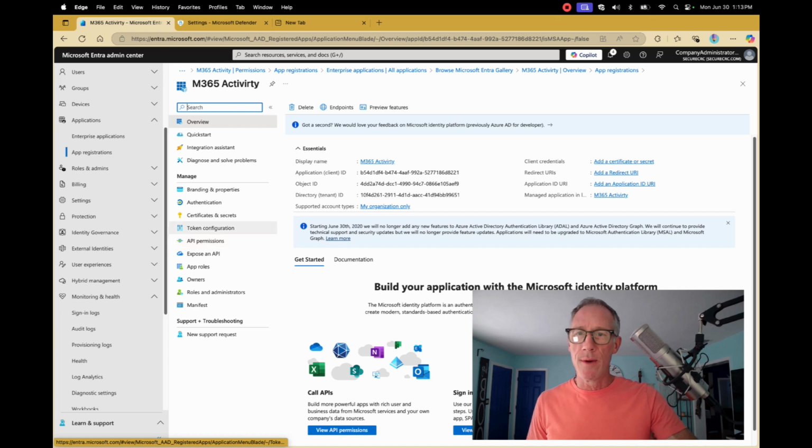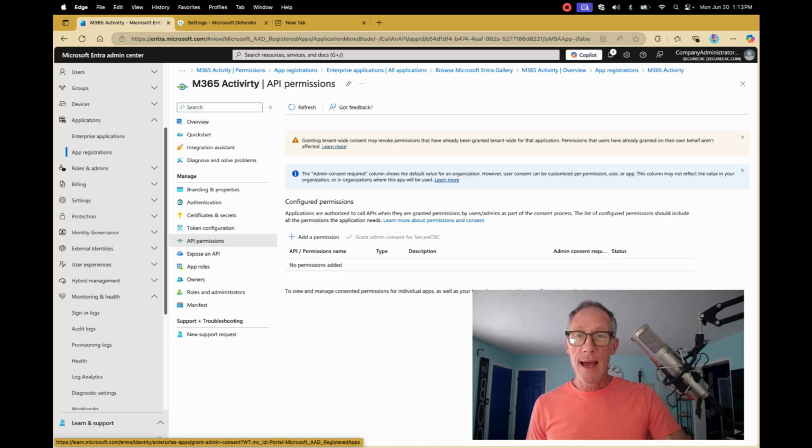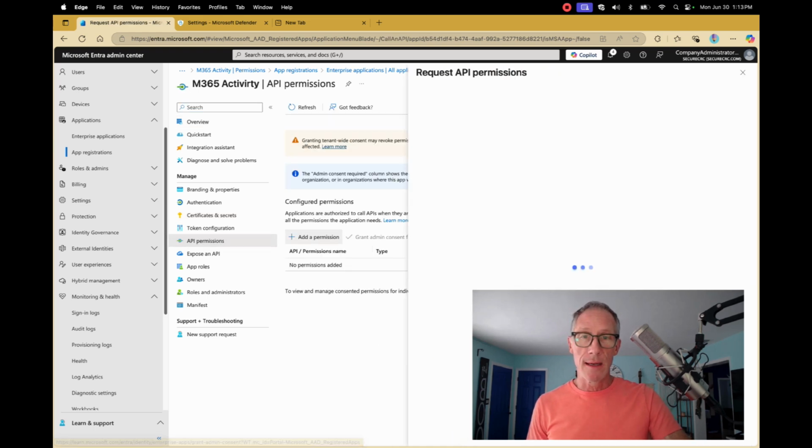It's not doing anything right now, but what I'd end up probably doing is making a secret, and then I would use the app ID and that secret, and I would give that to Rapid7 or Splunk or whoever else, and then they could go in and get the information that I've made available. What's that? Well, that's permissions. I have to tell this app that it's allowed to get stuff, so I've got to click on add a permission,